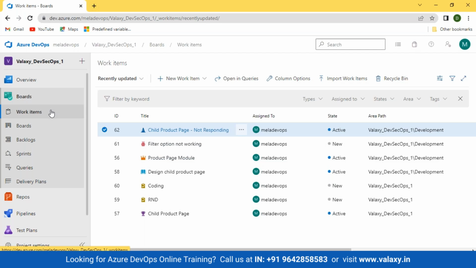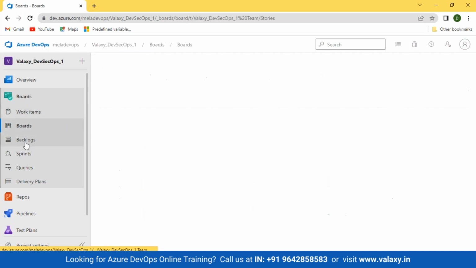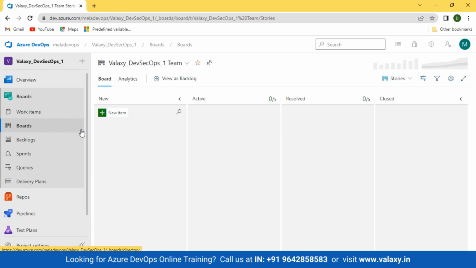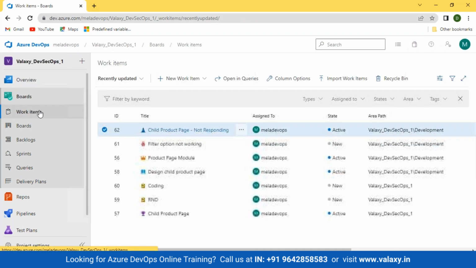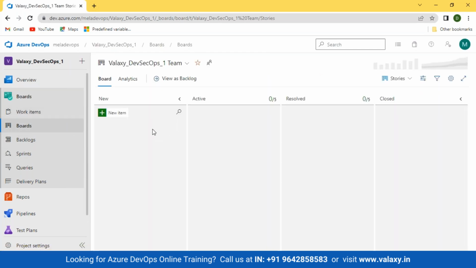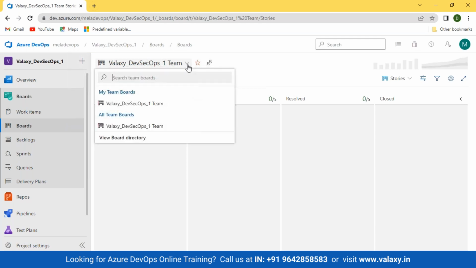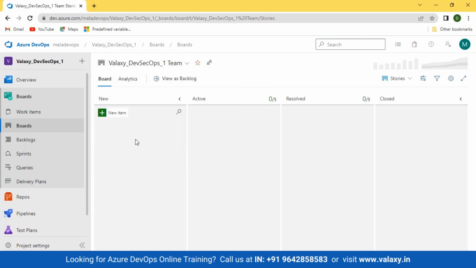Okay, so once I am done with this, I can come to this board section. This is purely your Kanban board right now. If you see, it's a Kanban board. You got all the things in the new category. Then you got active category, resolve category, and close category. But I cannot see anything right now. I'm trying to view user story. I have one user story, correct? We do have one user story, but that is not visible over here. Why is it not visible over here? That is because